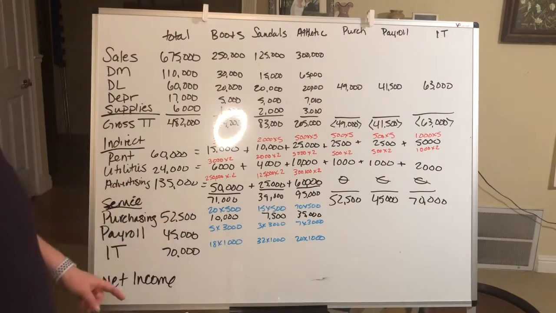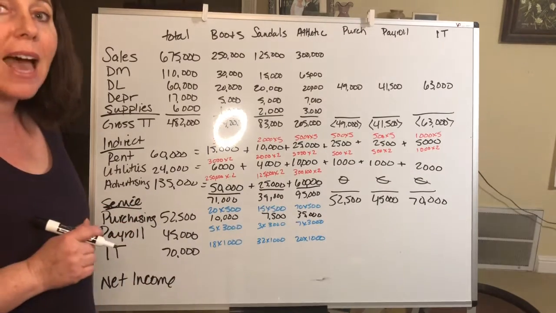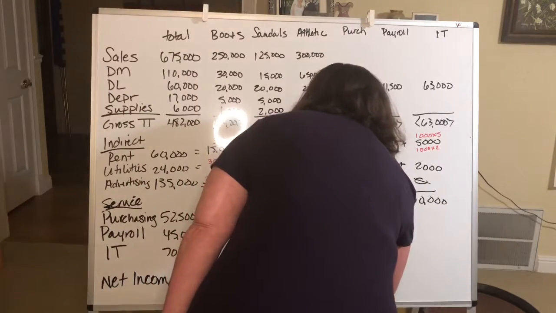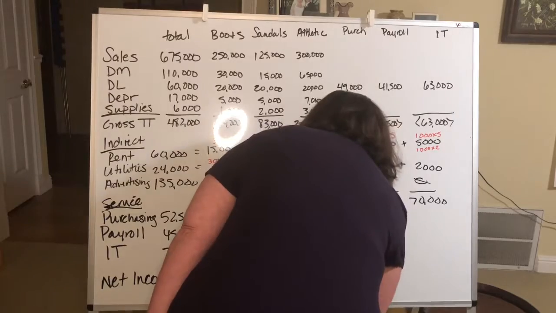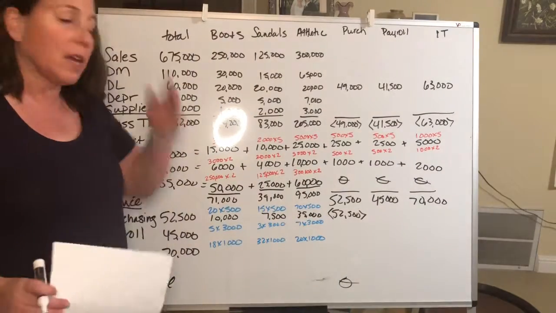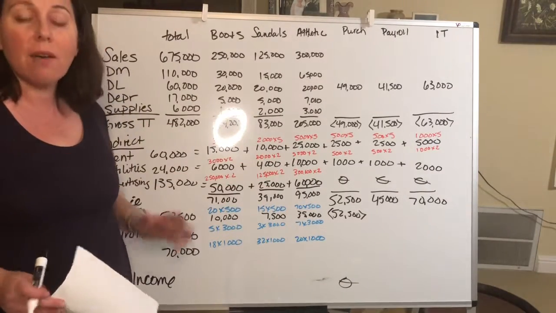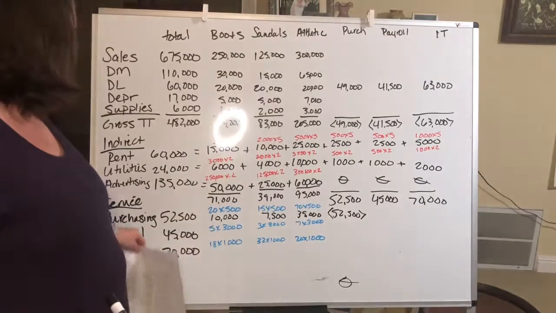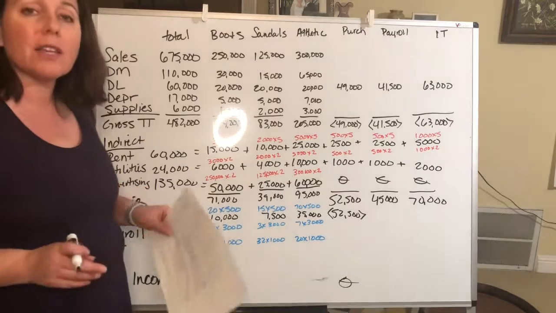And when we add that all up, it equals $52,500, and we are going to deduct that from purchasing. So that purchasing net income is now zero. They incurred $52,500 of costs, and we've allocated those out, so they're now zero. All right, let's go on to payroll. Payroll, we determined, was going to allocate their costs at a rate of